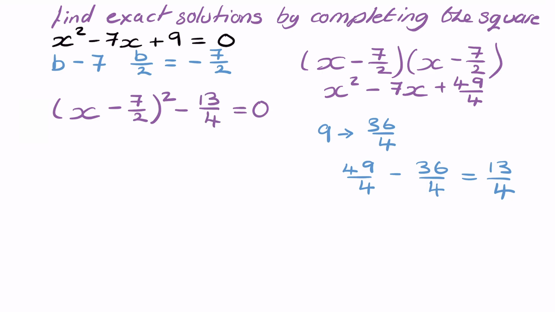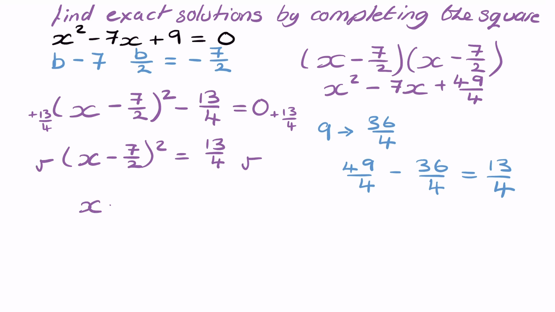And now we go ahead and solve. So we add 13 over 4 to both sides. That gives us (x - 7/2) squared equals 13 over 4. Square root of both sides. That gives us x minus 7 over 2 equals, now the square root of 13 over 4,